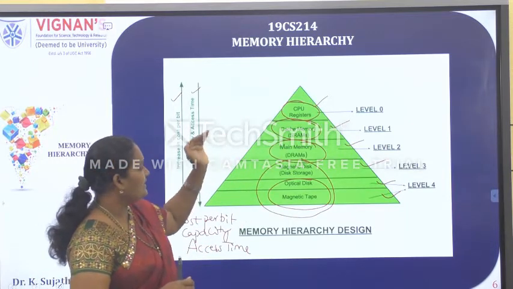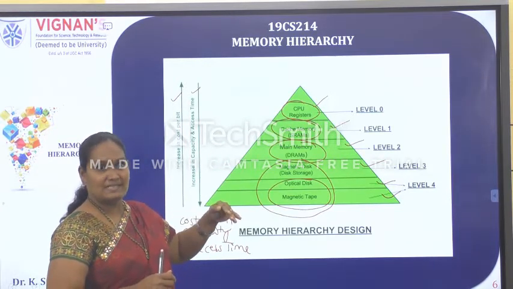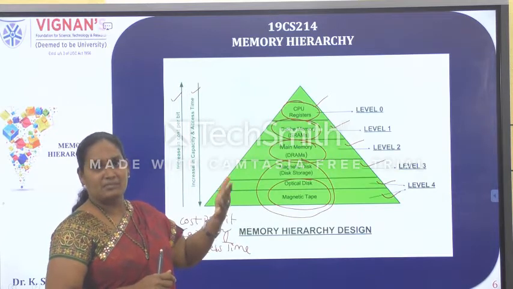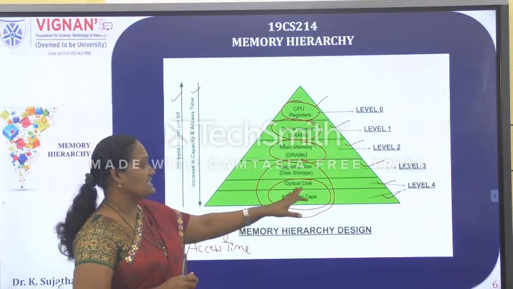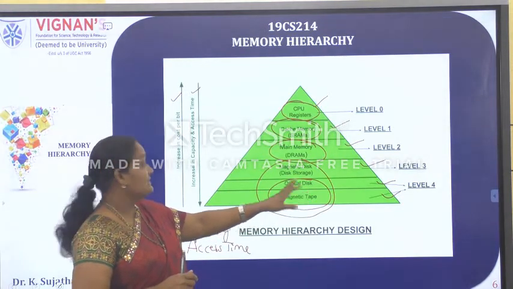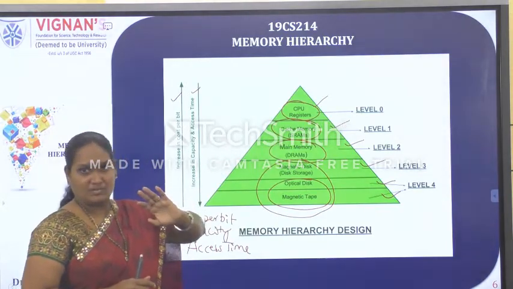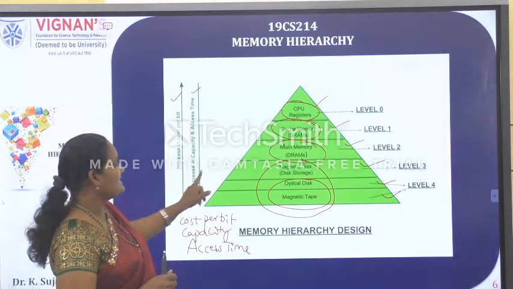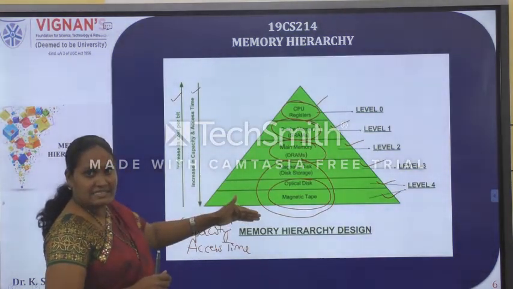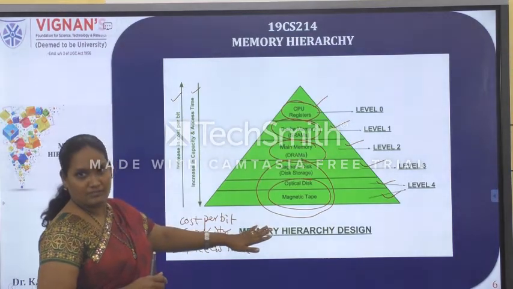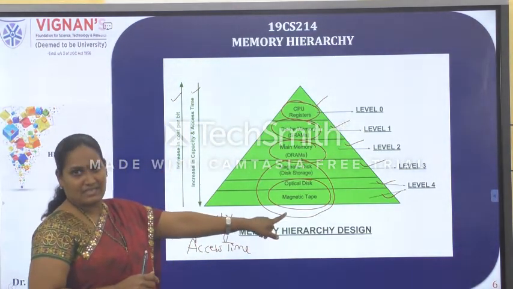But coming to cache memory and main memory, these have a number of locations. Each location can hold either 16 bits or 13 bits, etc. Coming to external storage devices or secondary storage devices, these are very large when compared to the main memory and cache memory. So the capacity, that is the size of memory, increases from top to bottom. These have less size and these have high size.